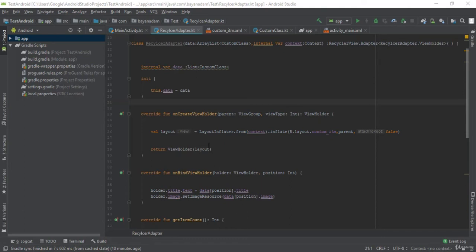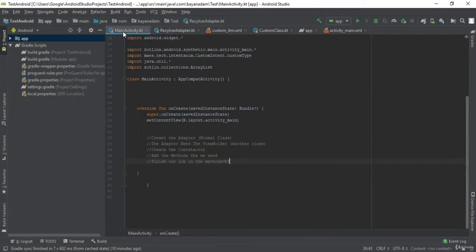Hello and welcome. Now in this video, ladies and gentlemen, we are gonna finish our recycler view by adding the last thing that we need to do, which is filling our recycler view. Now let's go ahead and open our main activity here. So as you can see, it's empty by now, and we are gonna add the things that we need to add. But before that, we need to